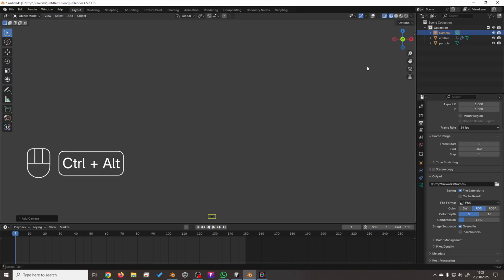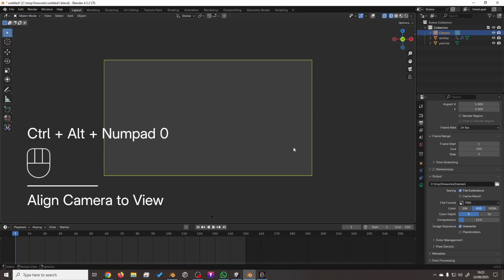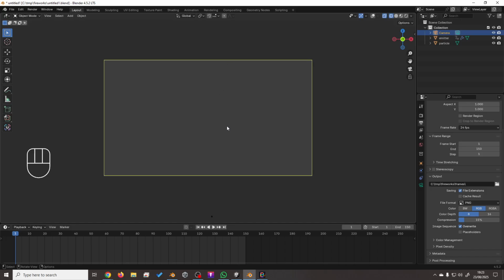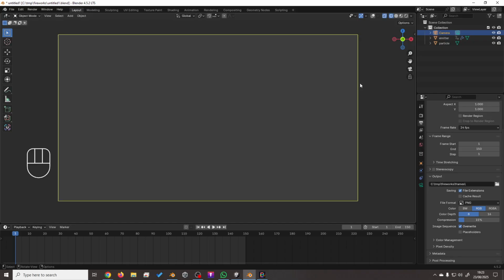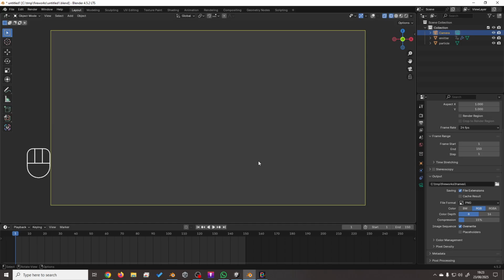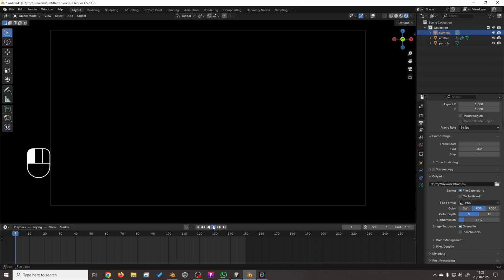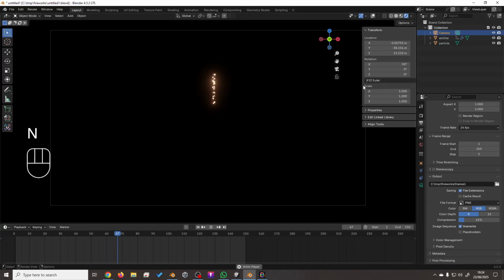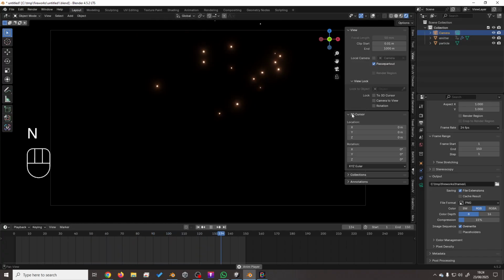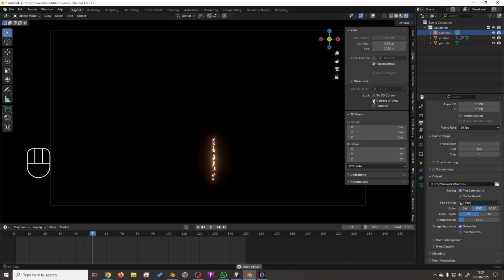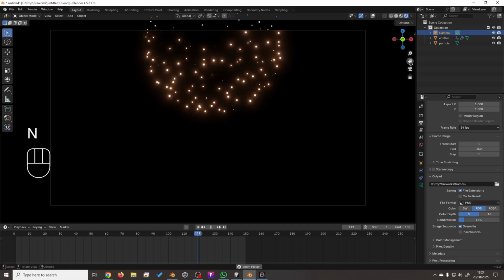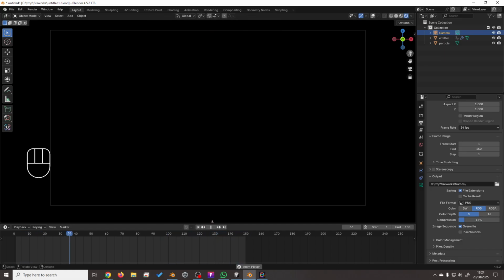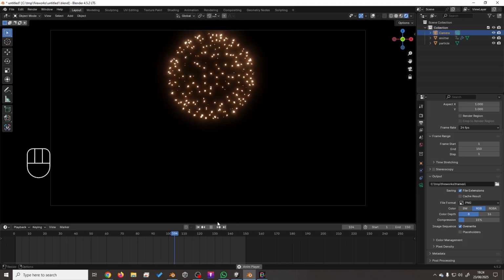So hit Control Alt and 0 on your numpad, and that will line up your camera to the same direction that you're facing. So all I need to do now is get the actual whole scene in. So I'm going to go here, and we'll see if we can do it while it's playing. I'll open up my end panel, and under view there's a little tick box that says camera to view. Tick that for now, and that way you can just move things around while it's actually